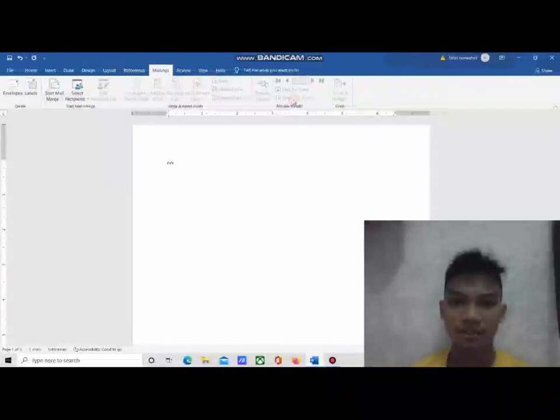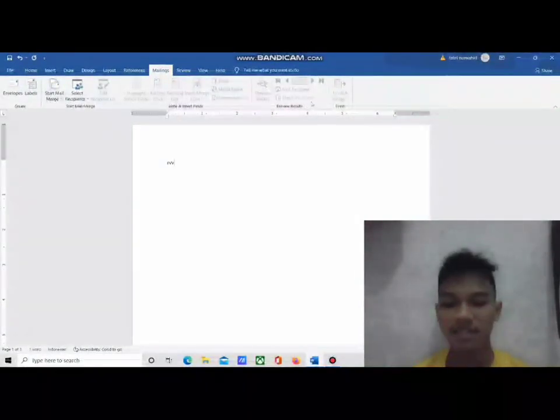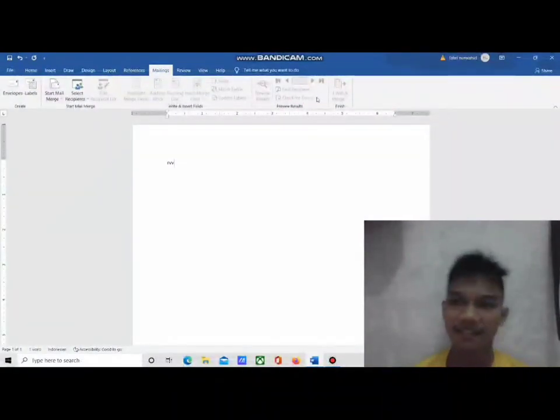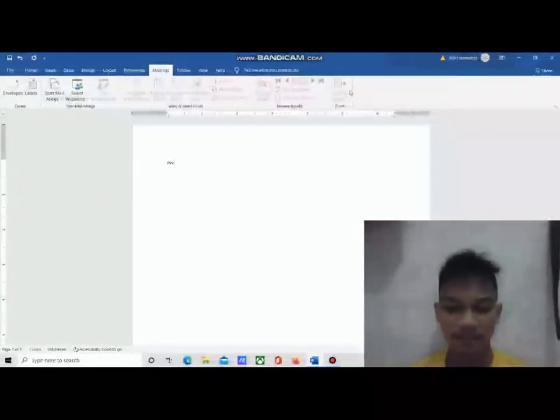Auto Check for Errors: automatically check for errors in the created mailing. And then Finish & Merge: carry out follow-up action after the written letter is complete. Thank you.